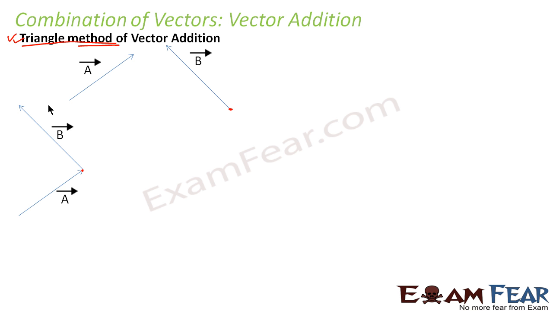So the same vector in the same direction, you just took it from here and you have placed it in such a way that its head coincides with the tail of the vector A. Now this method is normally referred to as the head to tail method. Now it is very obvious and clear to you why it is called head to tail method, because the head of one vector coincides with the tail of the other vector. So the first step is done.